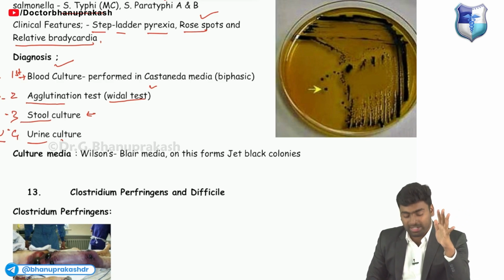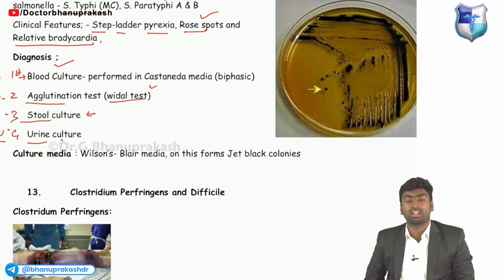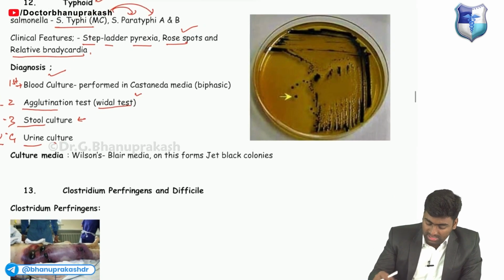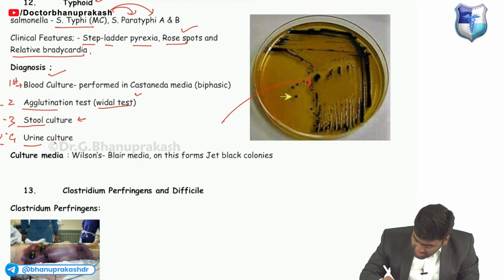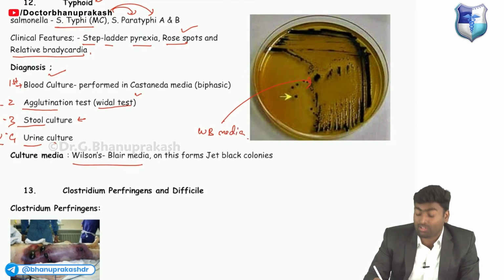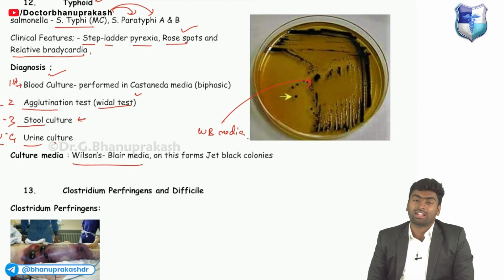Agglutination test, which is the Widal test. Third week, we'll do the stool culture. And fourth week, we'll do the urine culture. And for typhoid, we'll use a special media. What is the name of this media? It is the Wilson-Blair media, which produces jet black colonies in a case of typhoid or